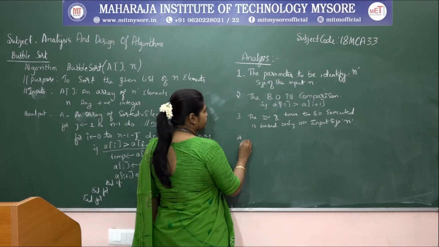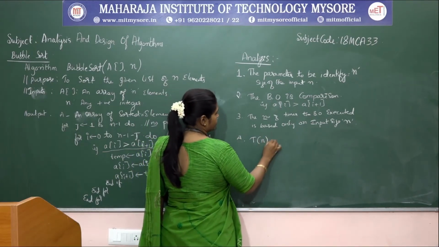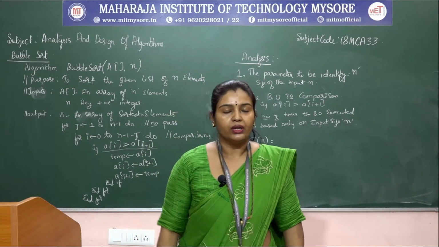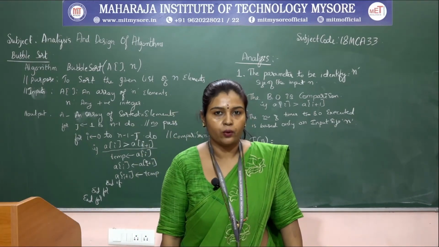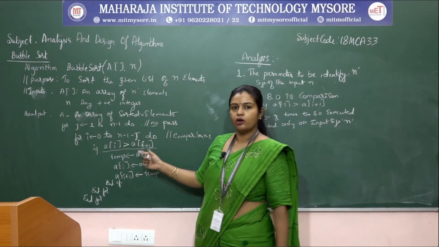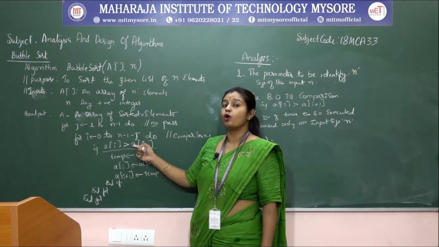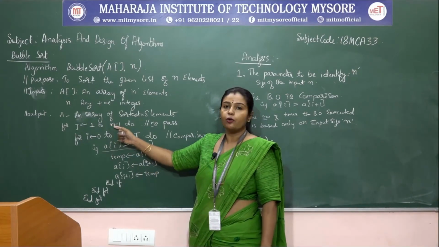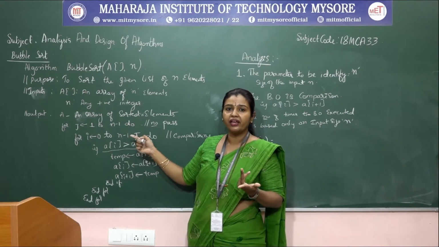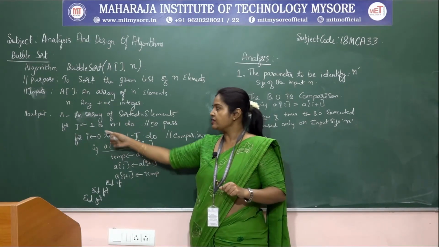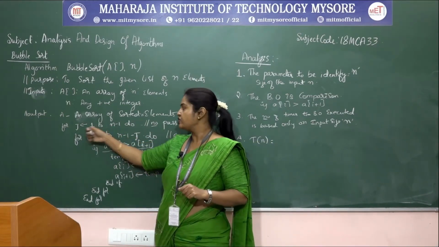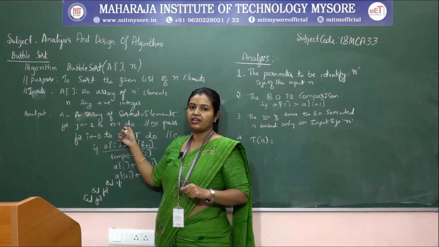Therefore, what is the time efficiency? In the fourth step, since it is iterative, we need to set up a summation equation. Where the basic operation is present, we need to look into the for loops. Here we have 2 for loops, so we obtain 2 summations: i starts from 0 to n minus 1 minus j, and j starts from 1 to n minus 1.